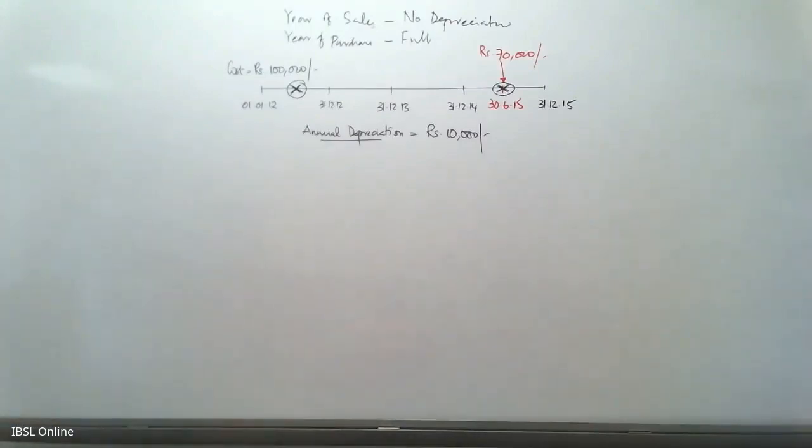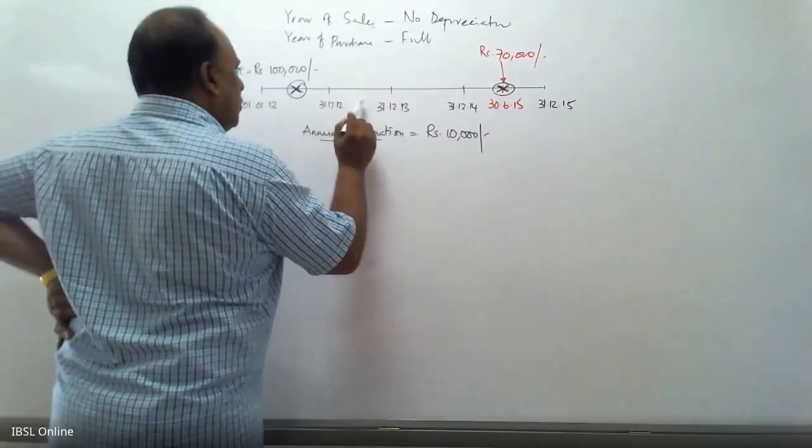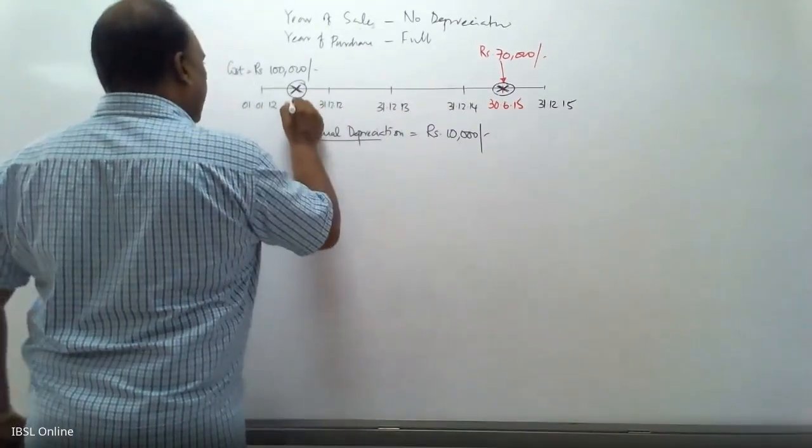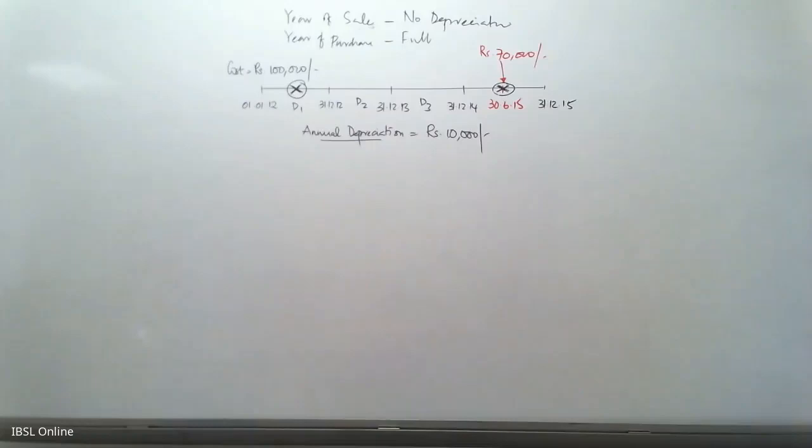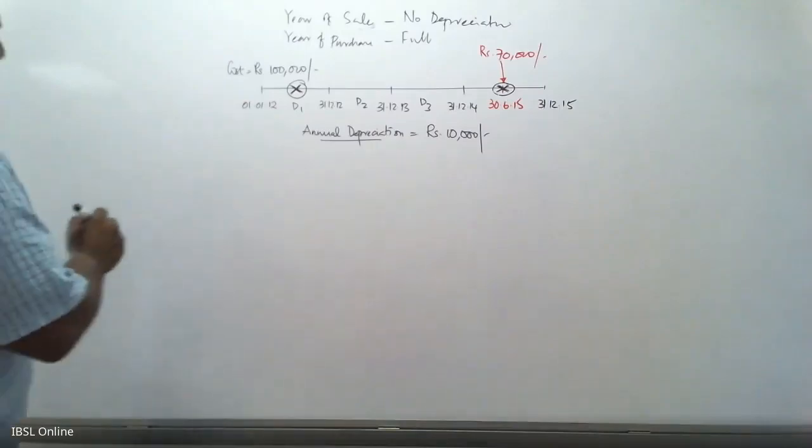If it was the prorate convention, then you would have calculated 6 months depreciation here. But this question is very specific, where they say no depreciation should be provided in the year of sale or disposal. So we are required to calculate depreciation only for the years up to 31/12/2014, which is D1, D2 and D3. Only 3 financial years will be involved for the accumulated depreciation. Therefore,